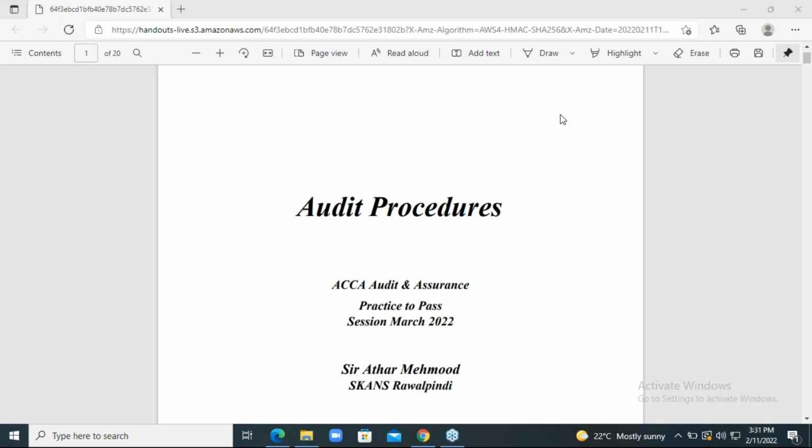Now today, we are going to focus on audit procedures. Now audit procedures is the third most important area in the long questions of AA format. Normally a 20 to 25 marks question is secured by this area,